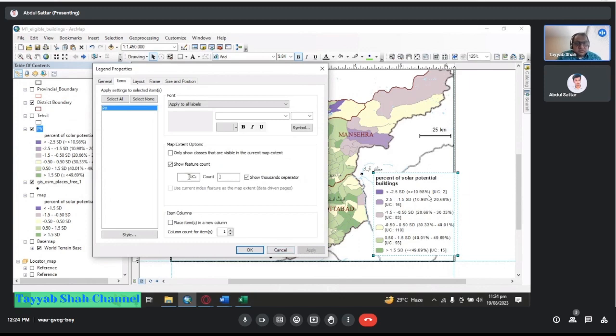So now we can see there are three values in one row on the legend. One is the standard deviation. The second one is the range of the actual percentages of the houses at the union council level. And then we have the number of union councils within this range. Yes, sir. Okay, that is the information you need. Now let's go to the font size, we need